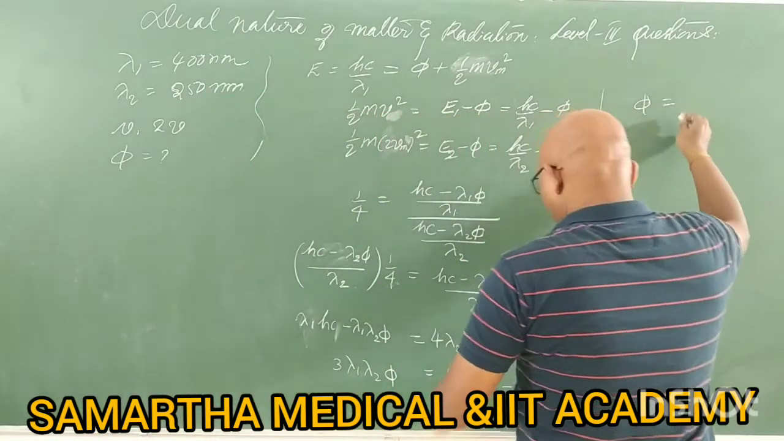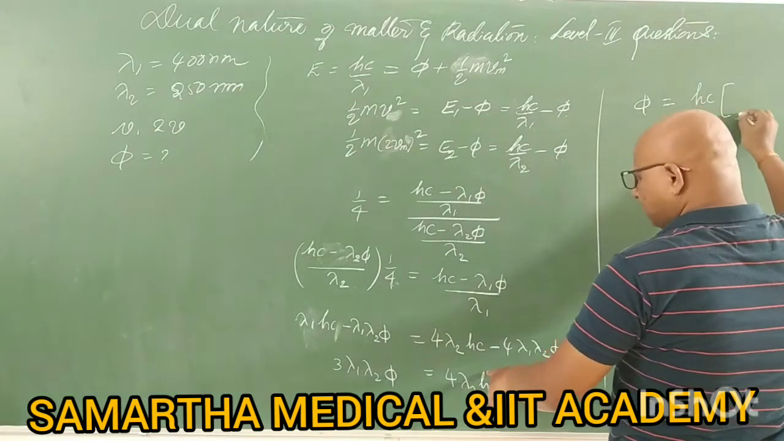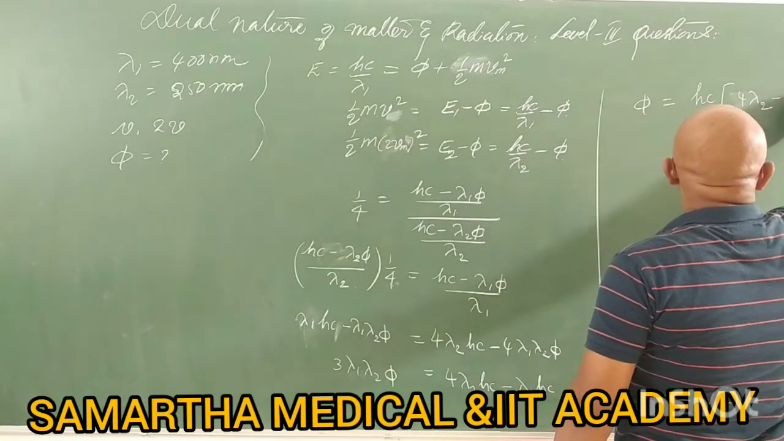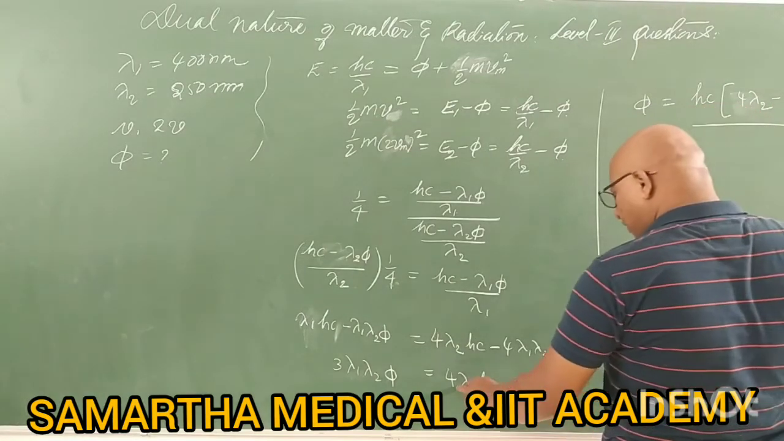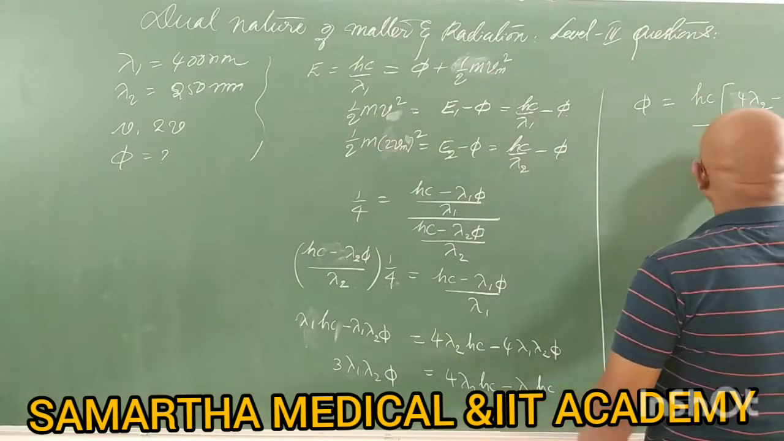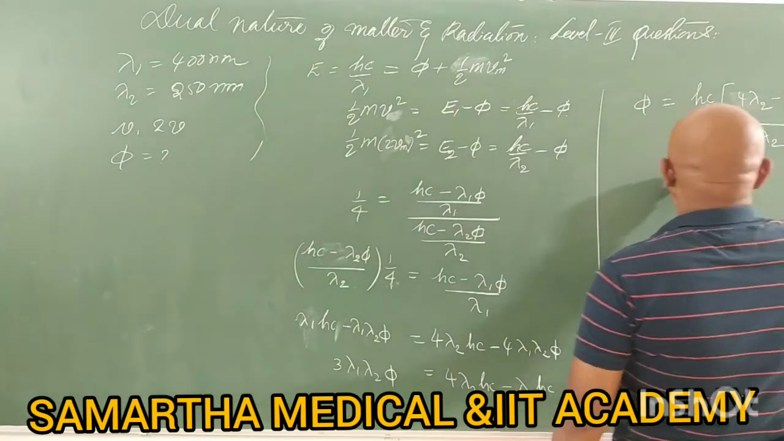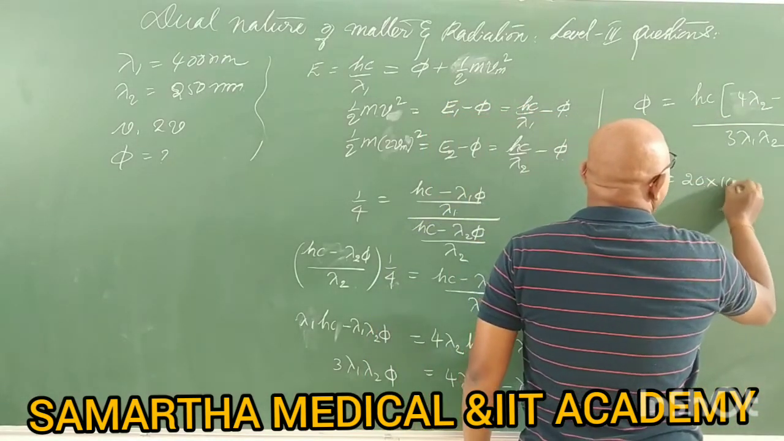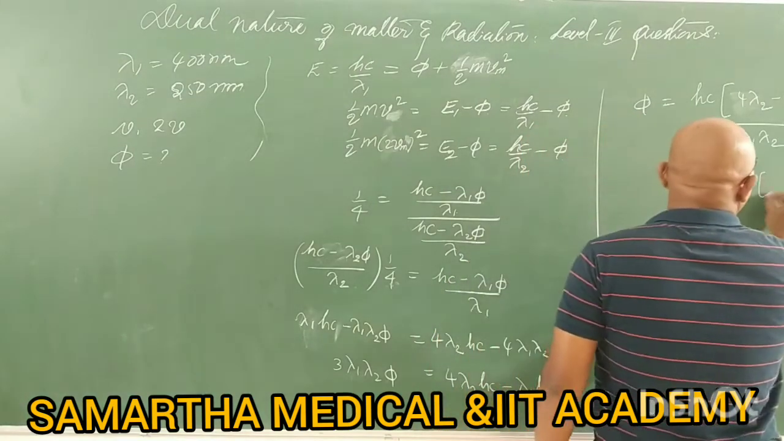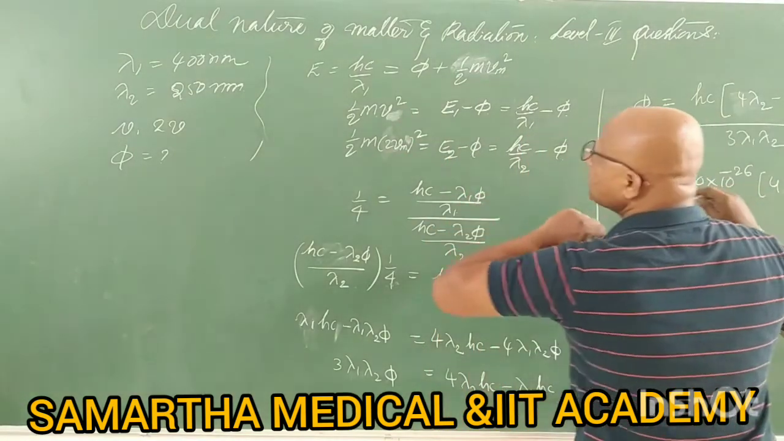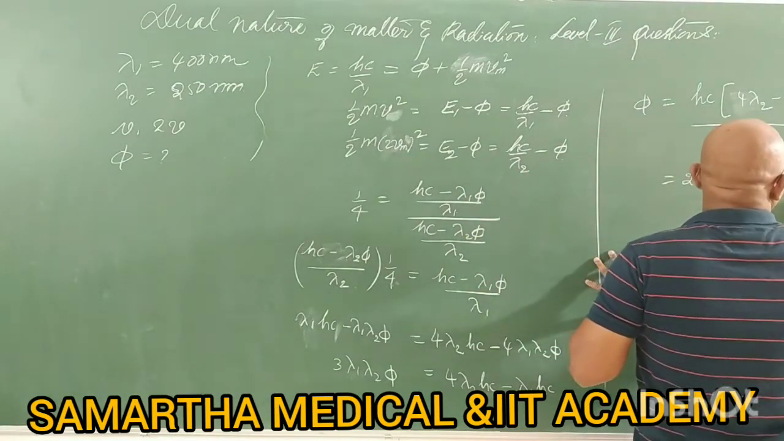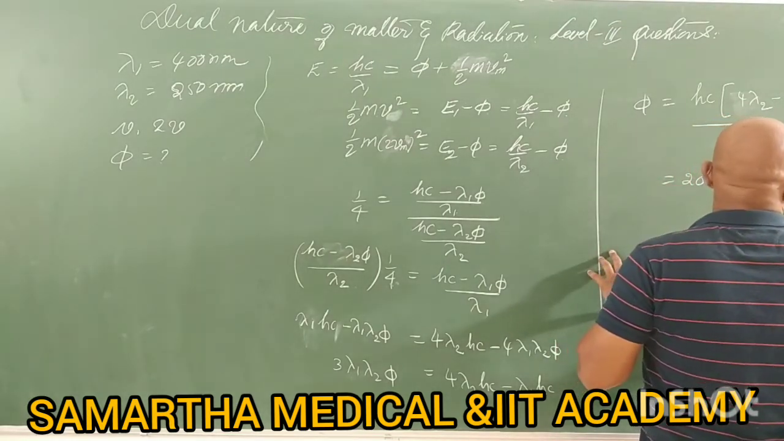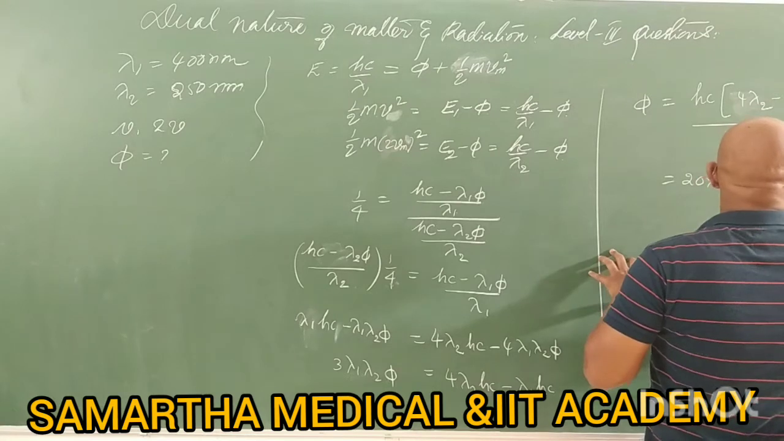So the phi becomes Hc, if you take lambda 2 common, 4 lambda 2 minus lambda 1 divided by 3 lambda 1 lambda 2. Now you substitute the terms, that is Hc, you know already, let's take it approximately 20 into 10 to the power of minus 26, and 4 into 400 nanometer, 400 nanometers. Nanometer you can take outside also. Okay, 400 minus 250 nanometer